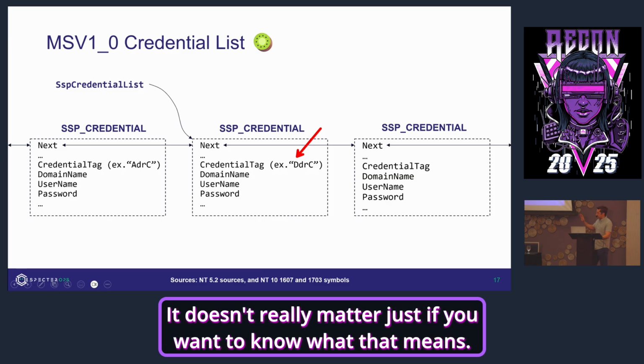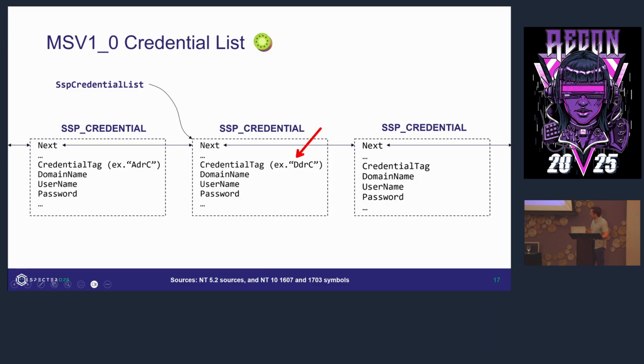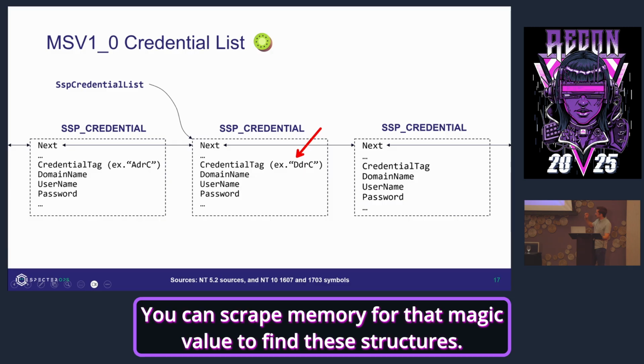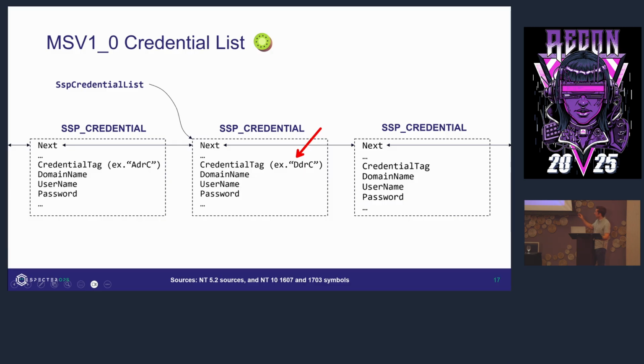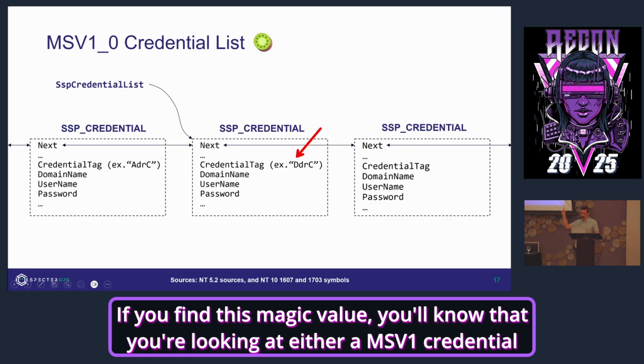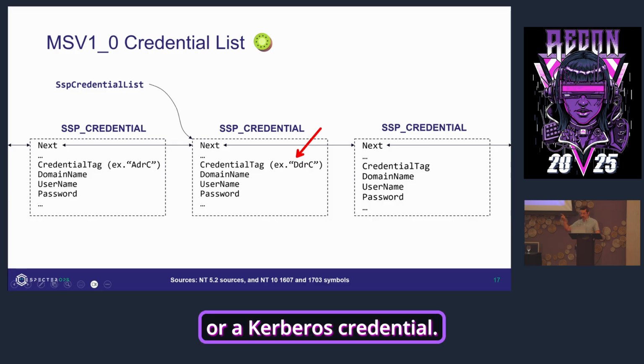It doesn't really matter, just if you want to know what that means. The important part, though, is that if you don't have public symbols, you don't need them. You can scrape memory for that magic value to find these structures. The only other structure that uses that magic value is the Kerberos package. So if you find this magic value, you'll know that you're looking at either an MSV1 credential or a Kerberos credential.